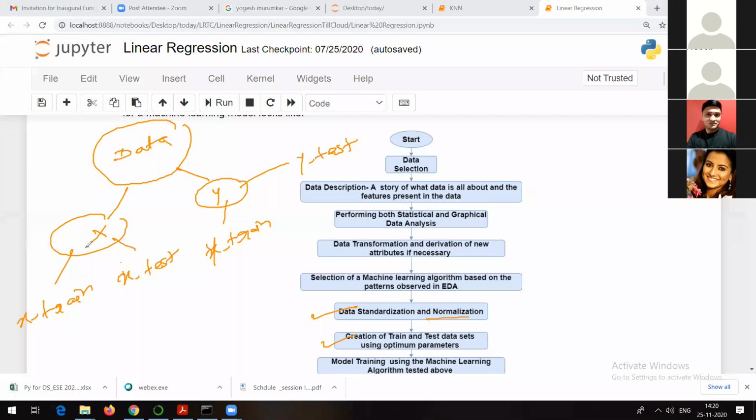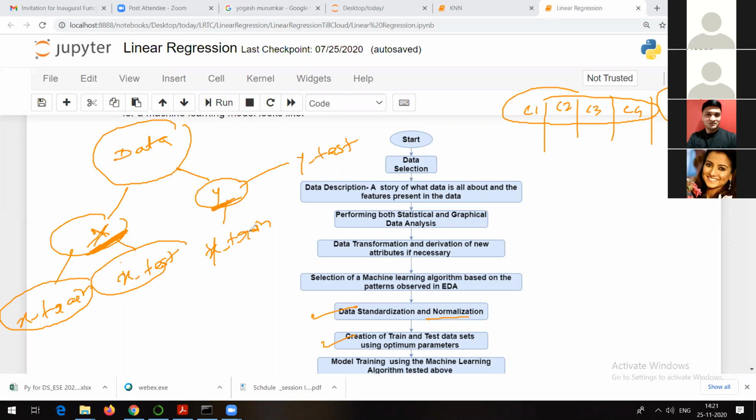So this is the input data. For example, I have column 1, column 2, column 3, column 4, and column 5. Columns 1 to 4 are independent columns, and column 5 is our target column. So all the input or independent columns will be assigned to x, and the output column will be assigned to y. That is C5 in our case. So this data will be divided into these variables: x train, x test, y train, y test. So x train is going to be the input columns, and the corresponding output of that is going to be y train. And x test is again input but for testing data.